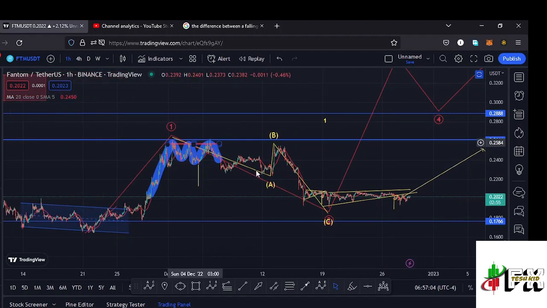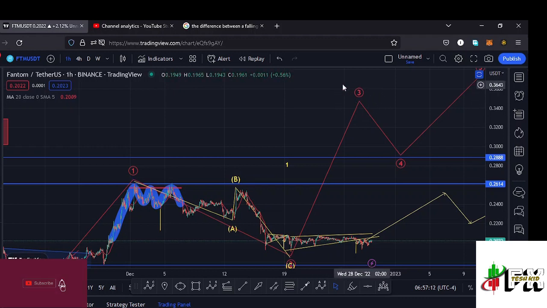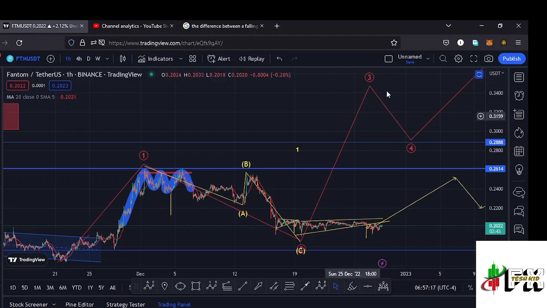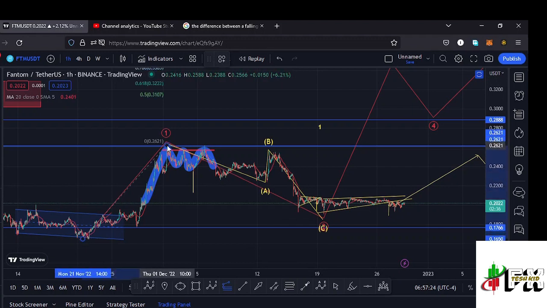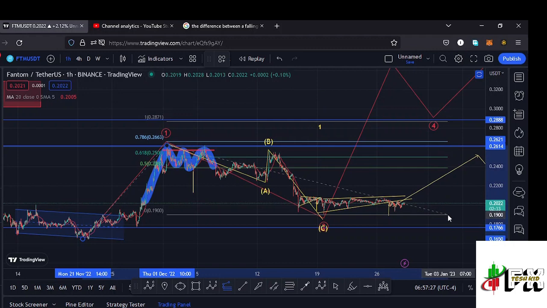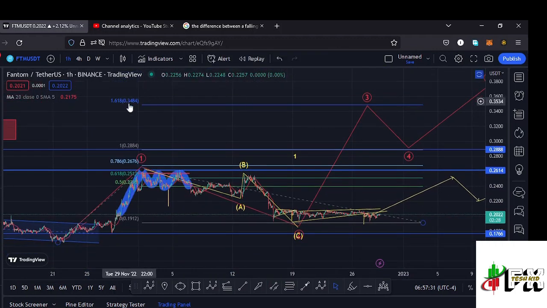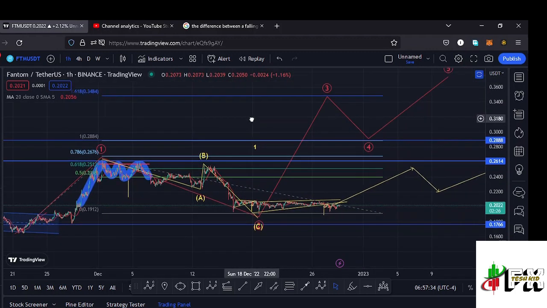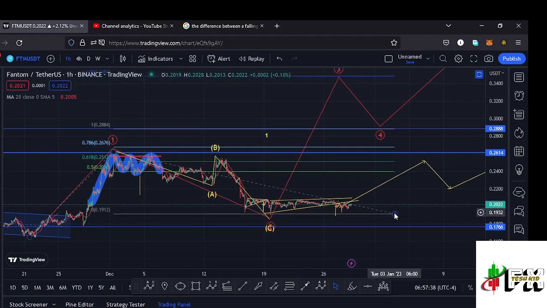Then we saw a bit of a corrective structure in the formation of a second wave, and very soon I'm expecting the start of this impulsive movement to the upside in the formation of a higher Elliott wave count 3 to the upside, and sketching out a minimum target area to the upside in the formation of this wave 3 using a trend based Fibonacci, connecting it from the low of the first wave to the high of that wave 1, then dragging the fibs to the low of the second wave. That gives me a minimum target area at the fib level 1.618, and that is at around the $0.3484 mark, and that is my primary scenario that I'm expecting to play out here on the short-term scenarios.